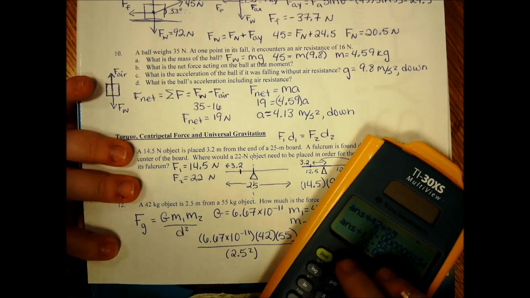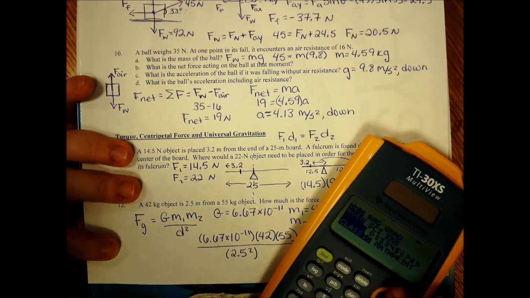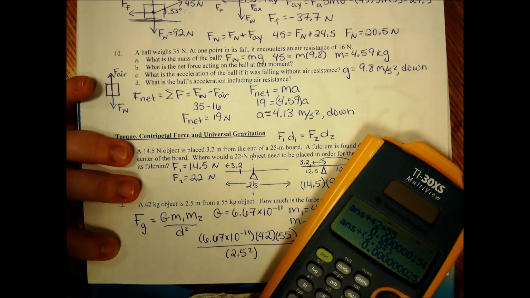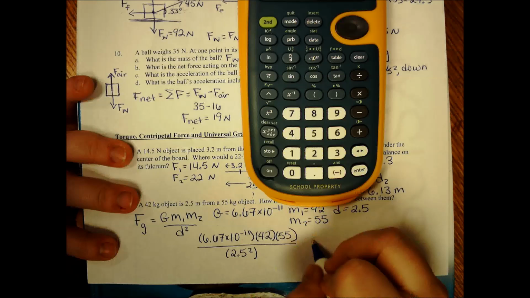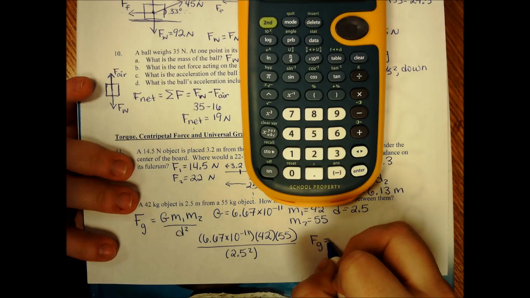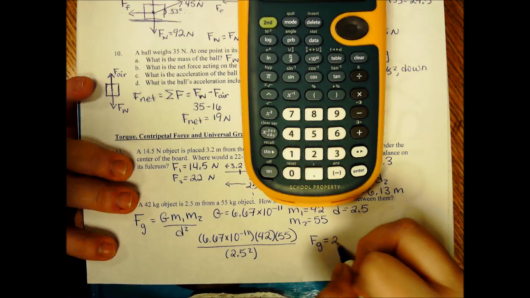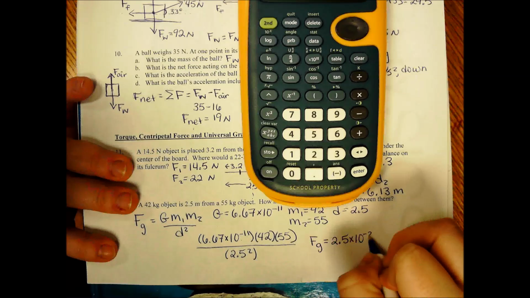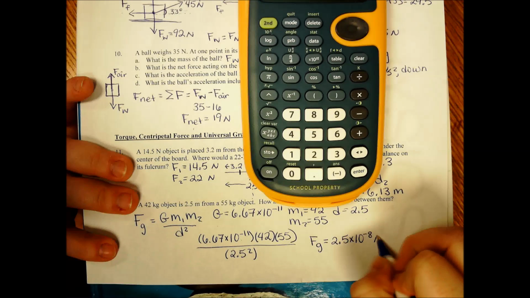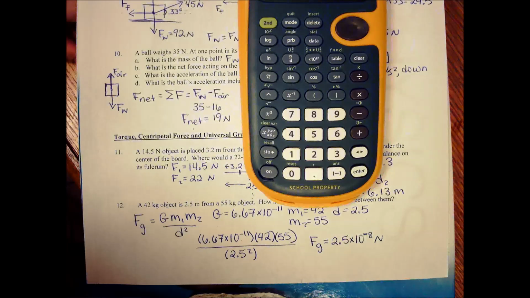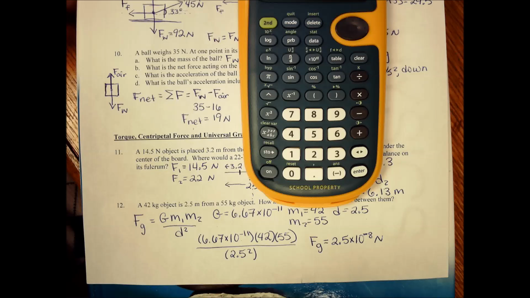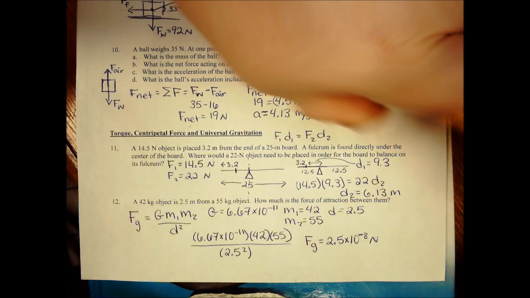There's lots of parentheses. No such thing as too much parentheses. I am getting that the gravitational force between these two objects would be 2.5 times 10 to the negative 8th newtons, which makes sense because they are not very heavy and the gravitational force between them would not be very strong at all. As far as units go,